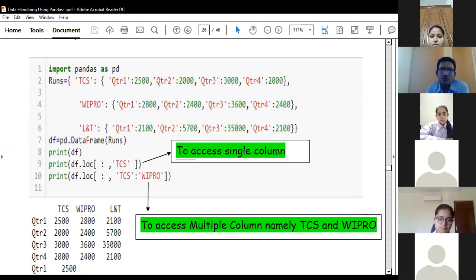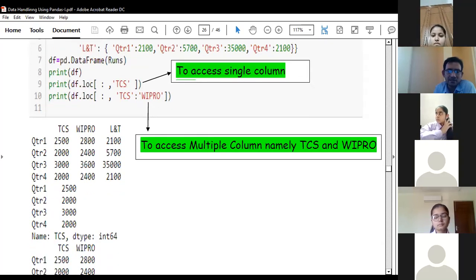Whatever I am saying, this has a huge permutation and combination. Why do I stress this part again and again? The method is the same, but in this part the reverse has been done. In the first case, only a single column will be displayed, but all the rows will be selected. And in the 10th line of code, all the rows will get selected, but columns TCS to Wipro. Clear? TCS to Wipro means the first 2 columns will be displayed. So this is how we can apply different permutations and combinations.